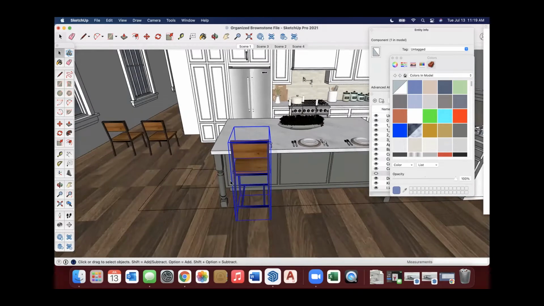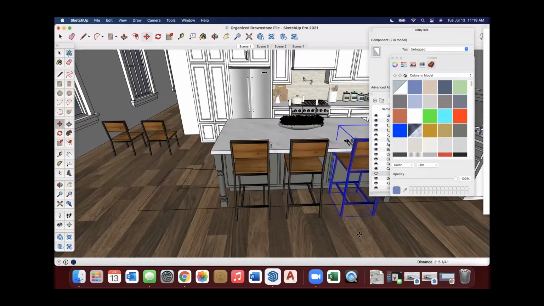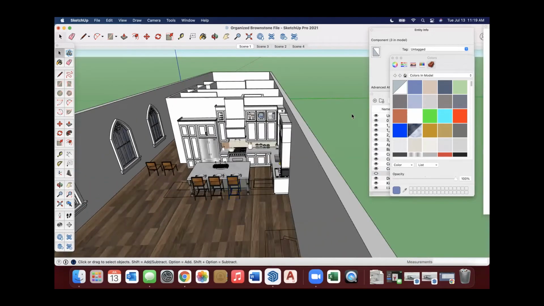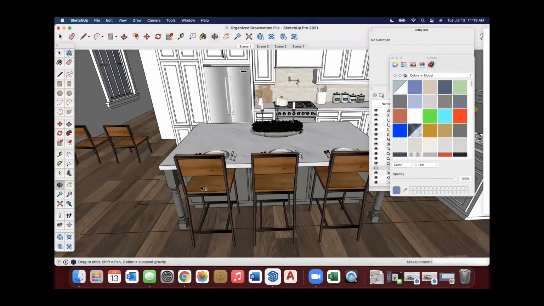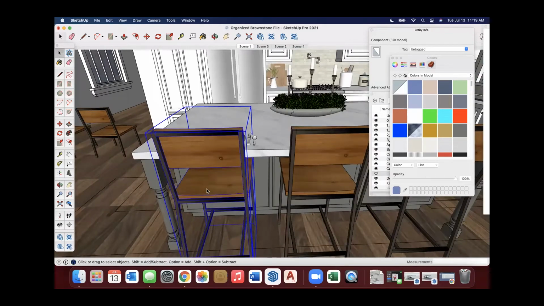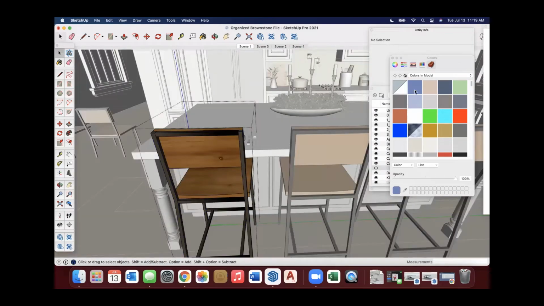Now what I'm going to do is make copies of this. I'm going to activate the move command, M as a shortcut, or I could come over here to the move tool. Then I'm going to hit the option key, I think on the PC it would be Alt, and I'm going to make a couple copies. Now those are copies of that component. So let's see if it'll make the changes this time if I go into edit mode.